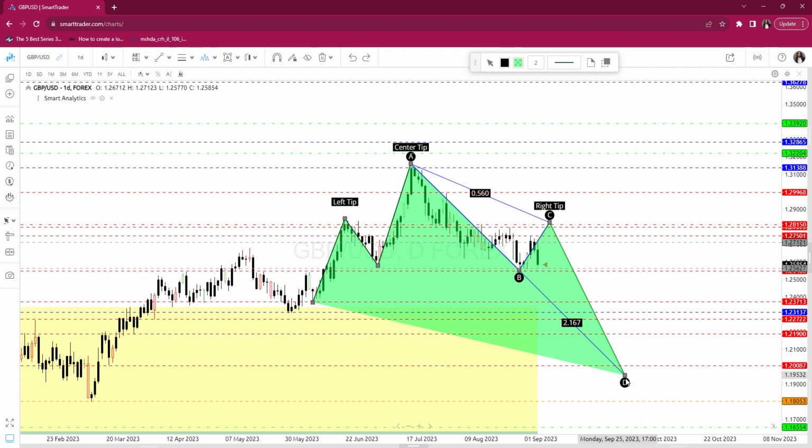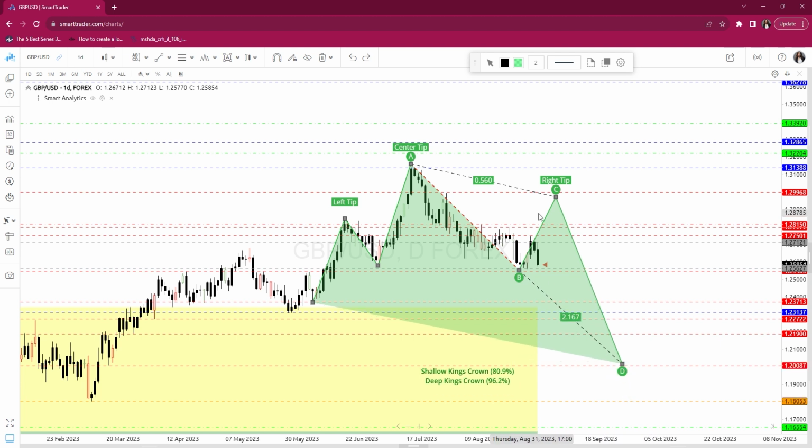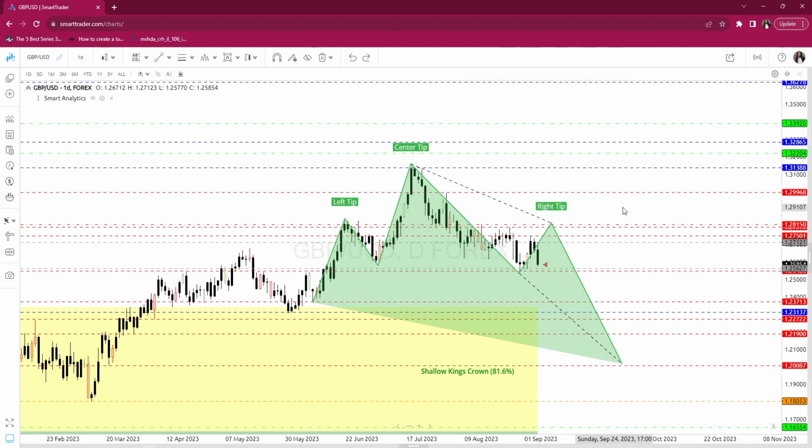So what do we say? 1.18. But if we went to the 1.18 monthly support, price would have to push higher for that to happen. If it happened like that, that's a shallow crown. But I can see that. Right? That 38.2, I could see that. Or I could see, hold on. Let me make sure I have this all right. Yeah, I'm quiet. I'm concentrating, right? I could see price pulling back to this 1.28 area before making a move down and completing